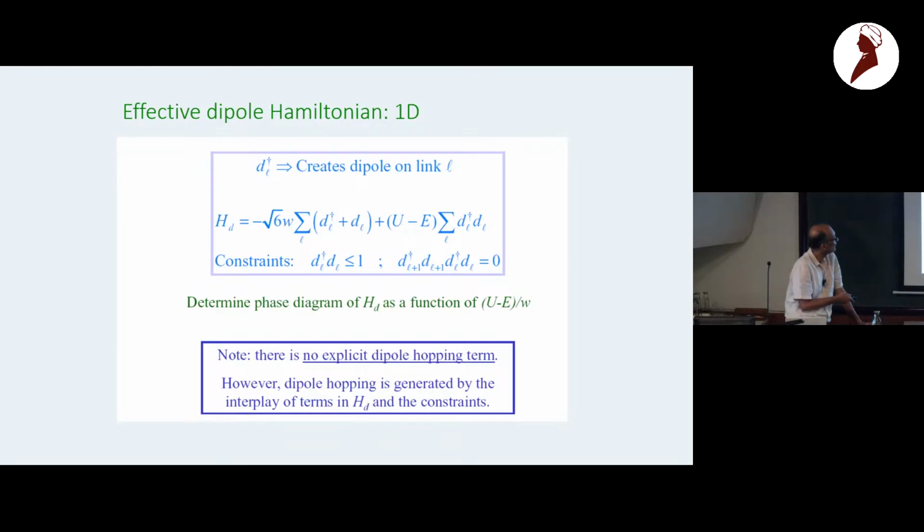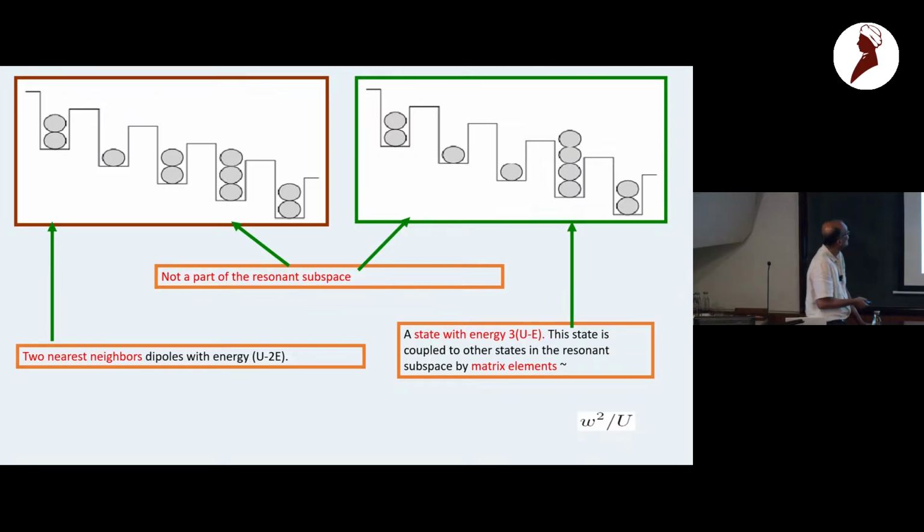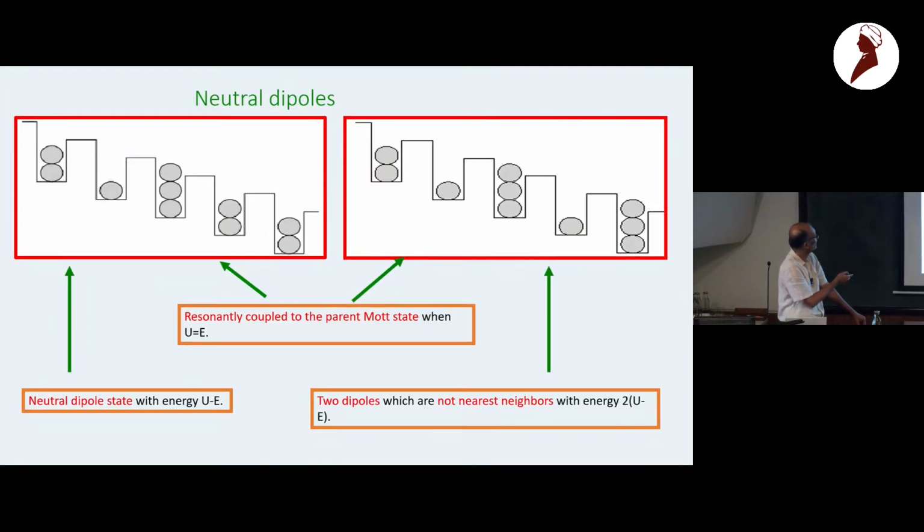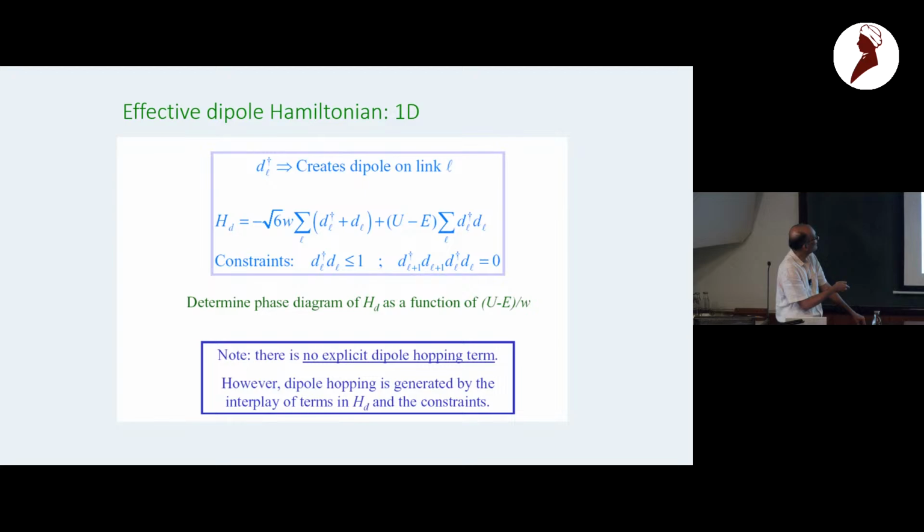So this is like the chemical potential for these dipoles. However, there is also this other thing, because of this extra possible hopping, you can spontaneously create or destroy a dipole, because the original bosons can hop from one side to another and form these dipoles. So there are these dipole non-conserving terms. So this Hamiltonian doesn't conserve dipole number.